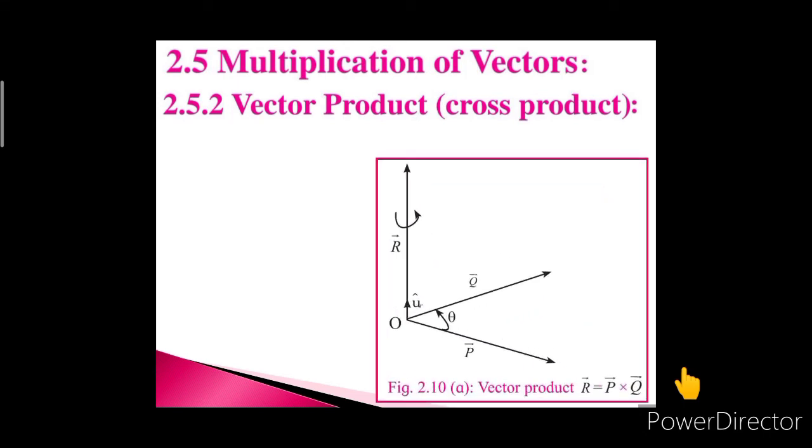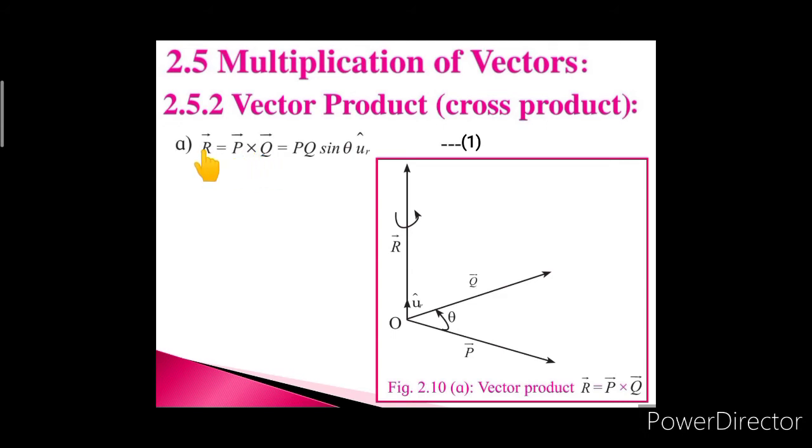by taking this figure A, which is for the vector P cross vector Q, whose result is vector R. So, as per the right hand screw rule, when the vector P is rotated from its position to the vector Q by making a small angle theta there in the anti-clockwise direction, then the resultant is perpendicular to the plane containing vector P and vector Q in the upward direction, and hence it is given as equation number 1, that is vector R is equal to vector P cross vector Q.